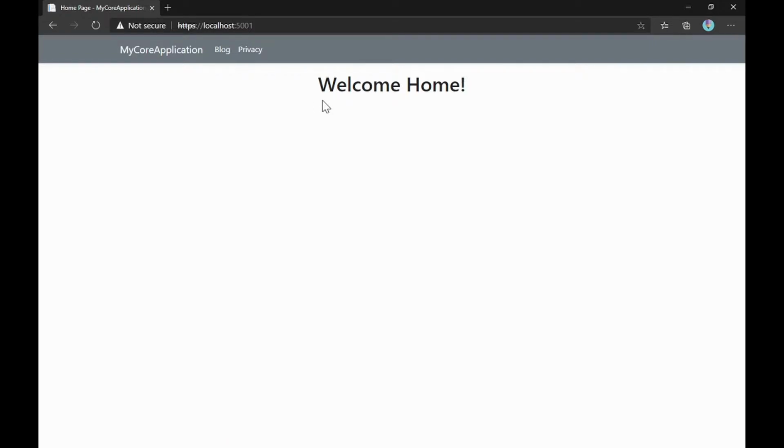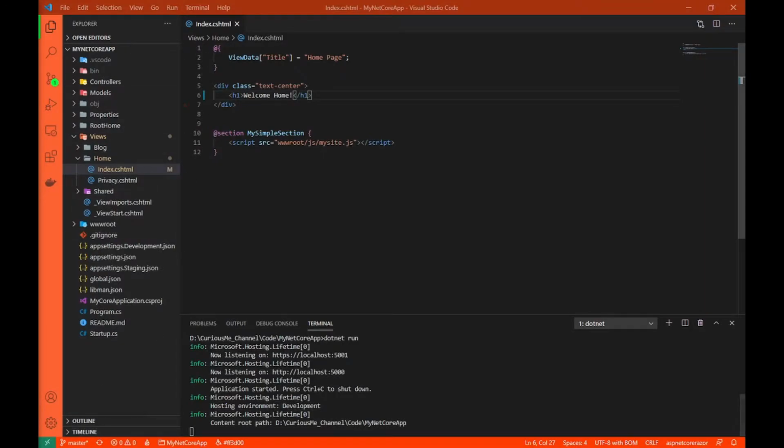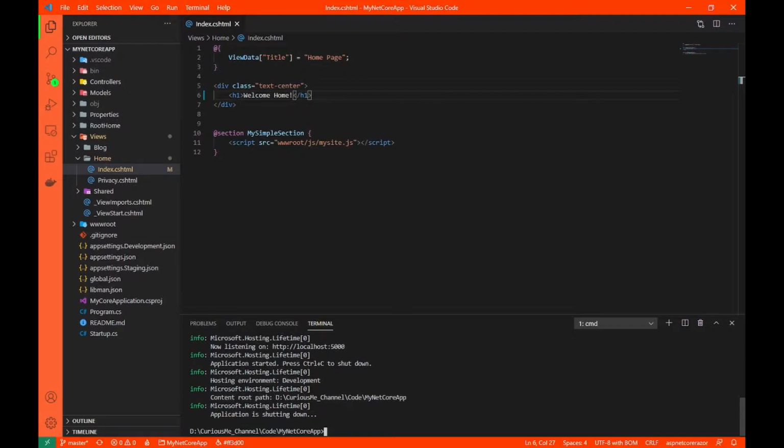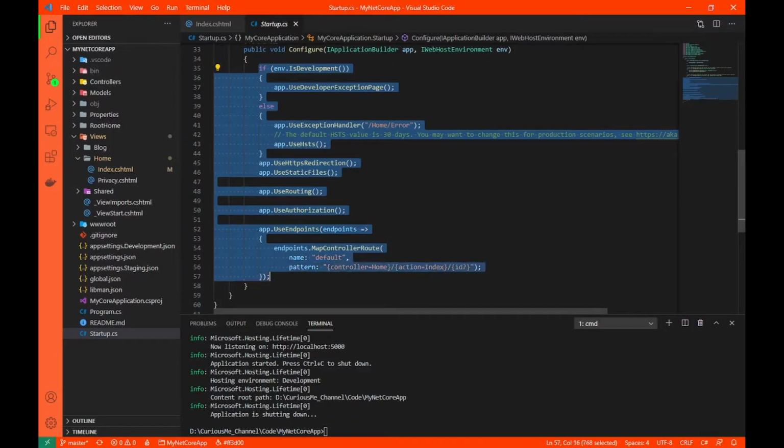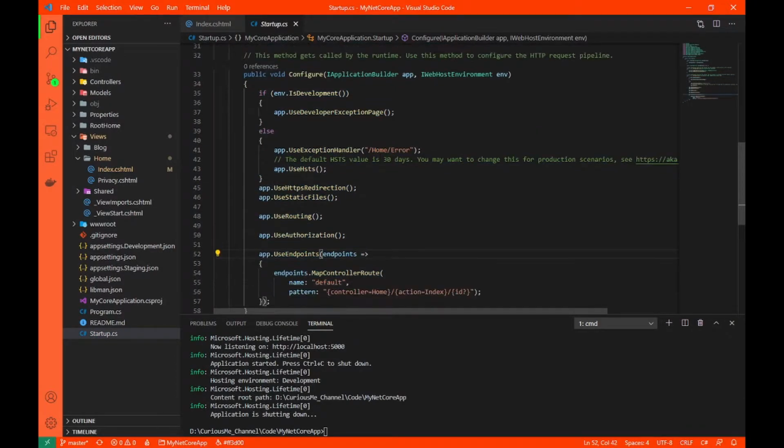So let's start by actually pinpointing the middleware that is responsible for this routing. Now let me minimize this app, and this is the application that we are building. Let me stop this application and take you to the place where this routing is all set up. For that, we'll have to go to our startup.cs page. In our previous videos, we have discussed this.